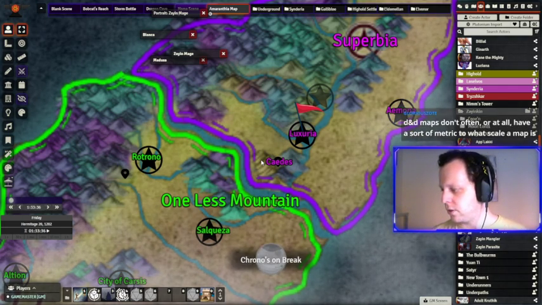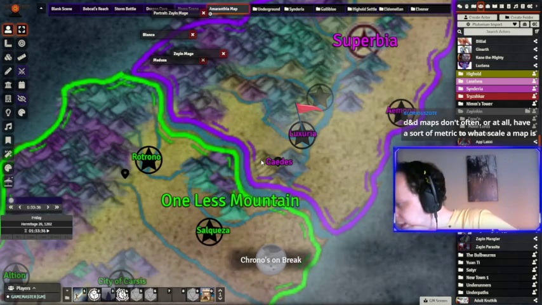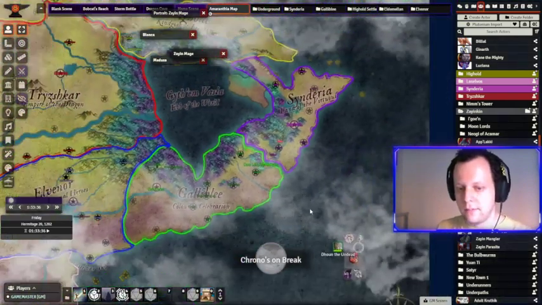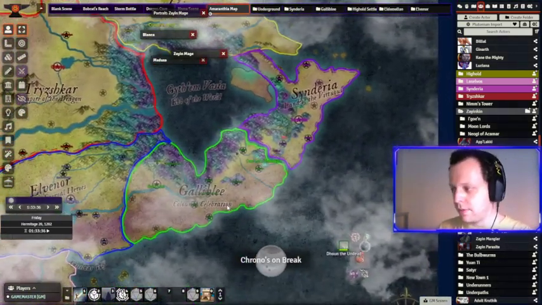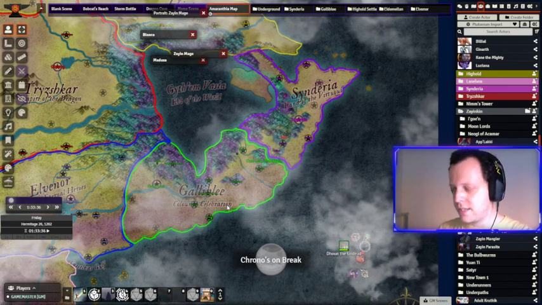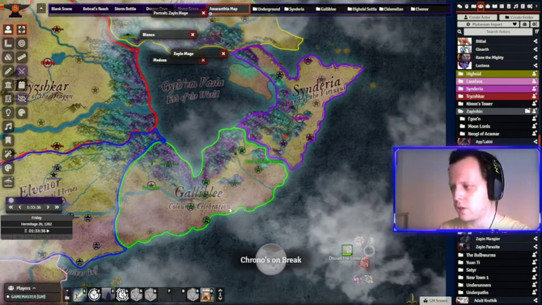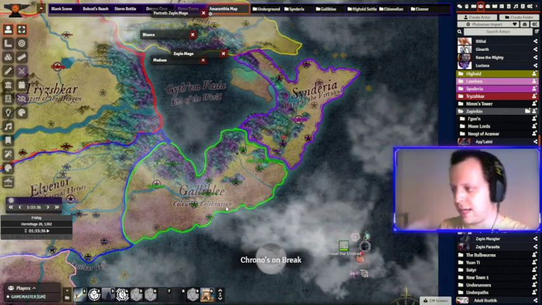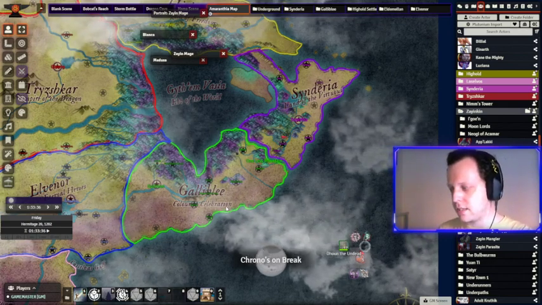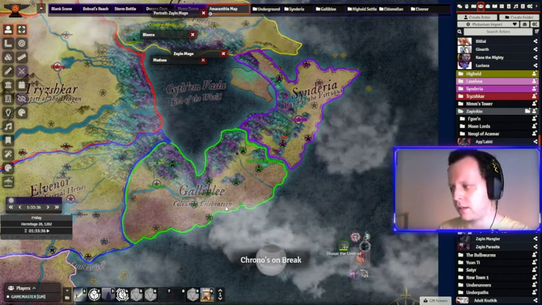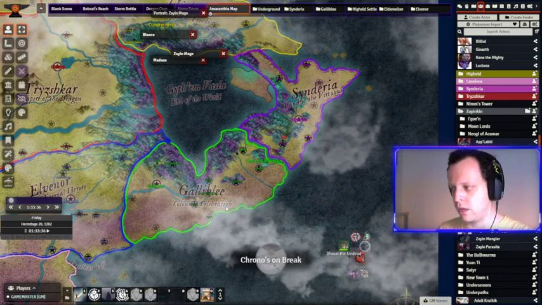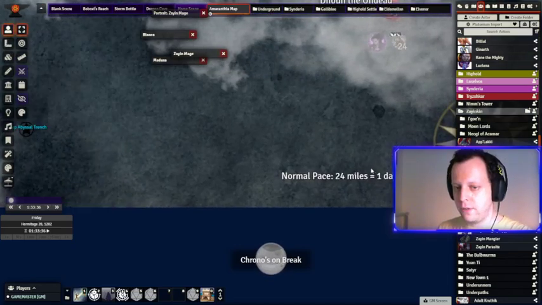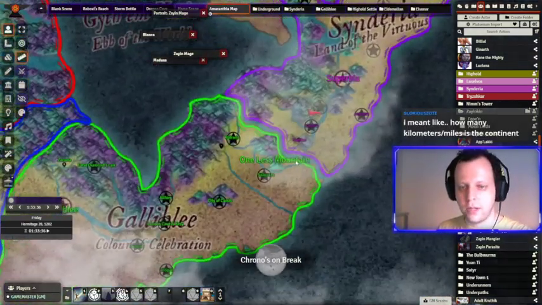D&D maps don't often, or at all, have a sort of metric to what scale a map is. Yeah, that is a problem, and this map isn't exact. You can draw it to scale. I know adventures do a really good job at drawing their map to scale. I'm playing in a Waterdeep Dragon Heist game, and they have a pretty nice scale system. Traveling in the city takes hours, if not the majority of a day, to get from the top to the bottom of Waterdeep. But here I do have a little bit of a guide. Normal pace is 24 miles in a day. So if I grab this ruler here,